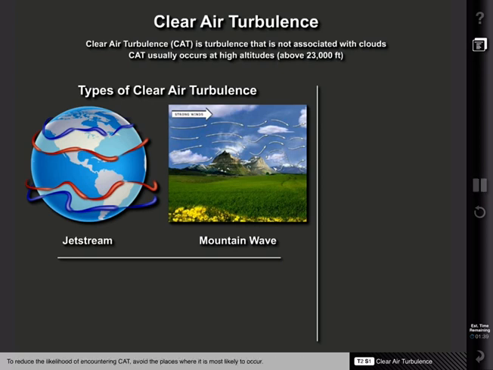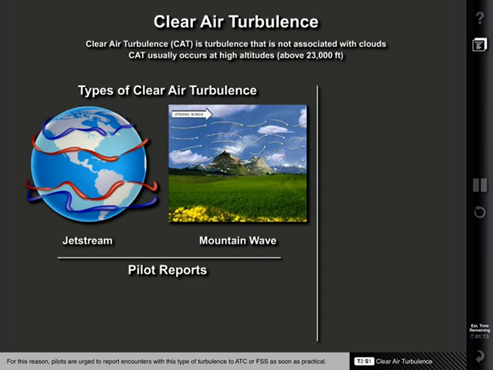To reduce the likelihood of encountering CAT, avoid the places where it is most likely to occur. Since it can't be forecast or visibly observed, pilot reports are the best way to find current information regarding clear air turbulence. For this reason, pilots are urged to report encounters with this type of turbulence to ATC or a flight service station as soon